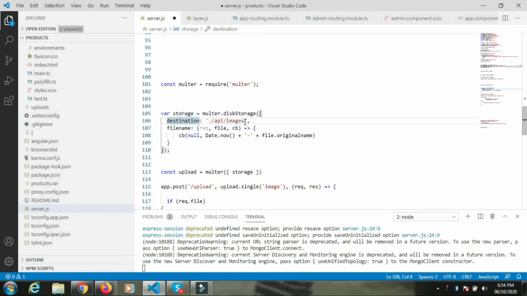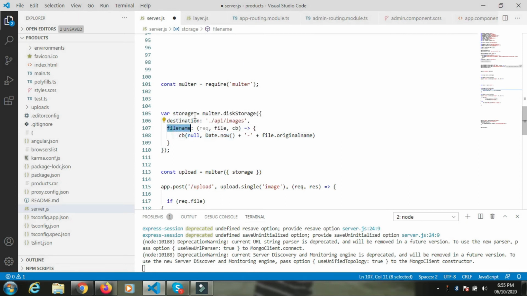I have this folder in my project. In the second parameter we will pass the file name, which file name we want to store in the database. In the filename I will combine it with the current date, so it will be something unique.